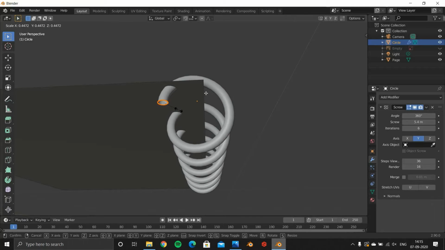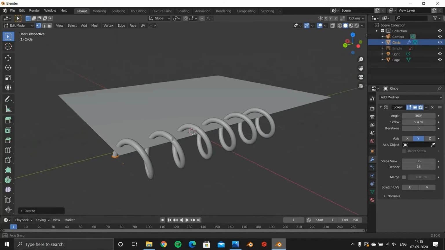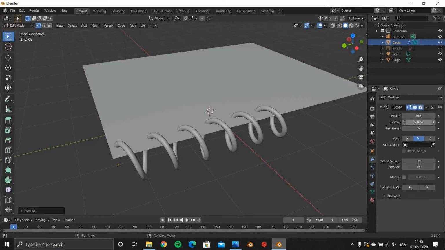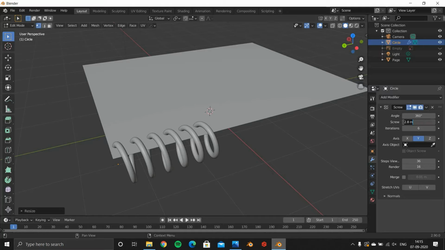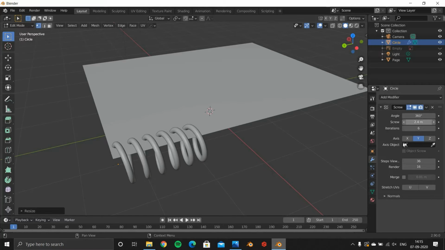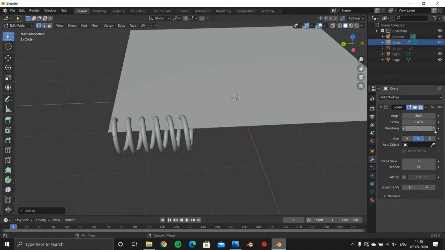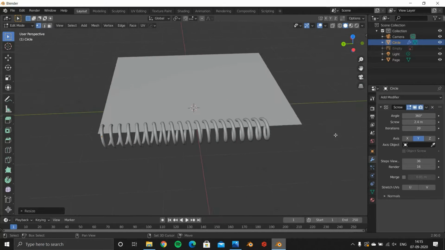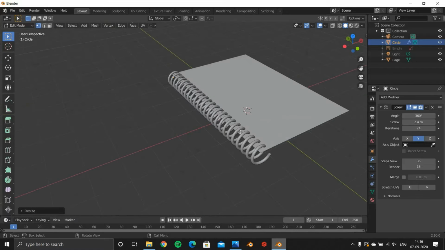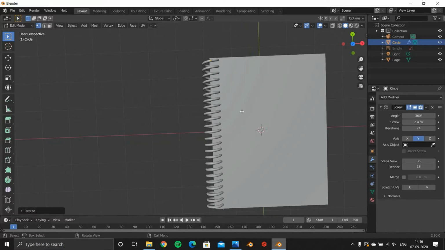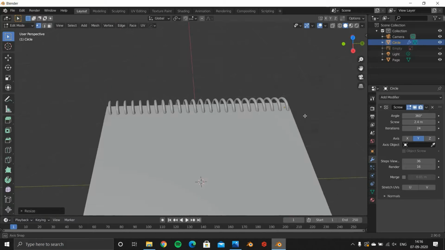This will decrease the size of the spirals. Now we can also decrease the value of screw to maybe 2.4, and now let's increase the iterations. I think this looks pretty good, guys. You can get it however you want according to your needs.